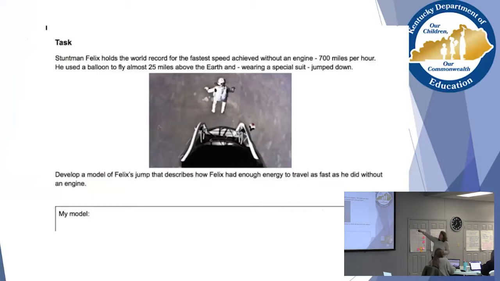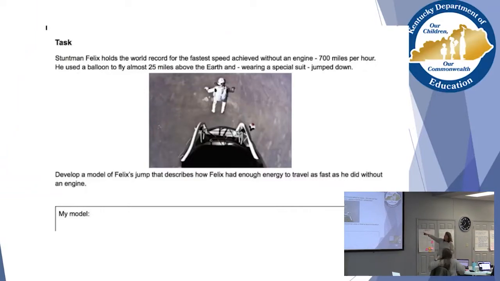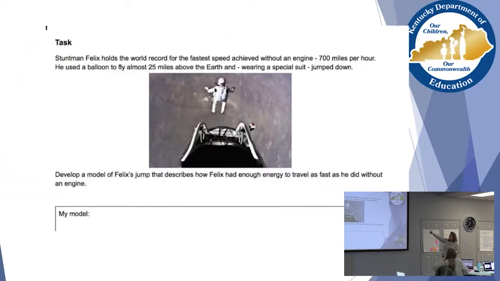Stuntman Felix holds the world record for the fastest speed achieved without an engine. He used a balloon to fly almost 25 miles above the earth and, wearing a special chute, jump down. And then here's what you're supposed to do. Develop a model of Felix's jump that describes how Felix had enough energy to travel as fast as he did without an engine. Okay, I'm going to give you about 5 minutes to look at that task, use the screener,